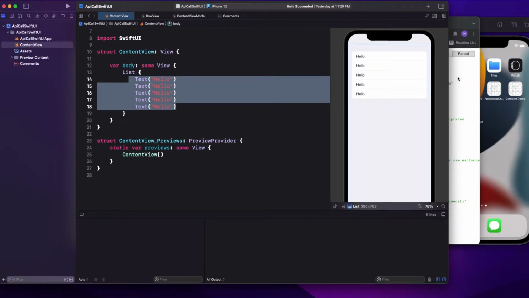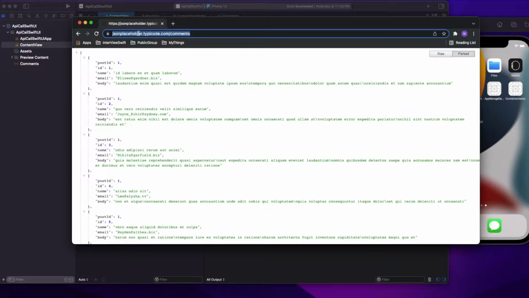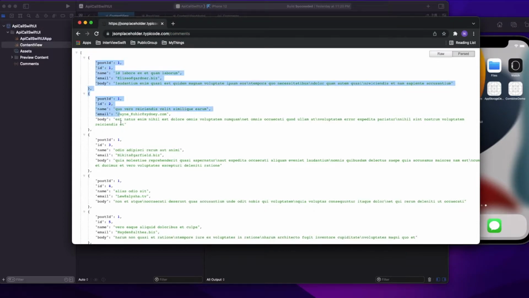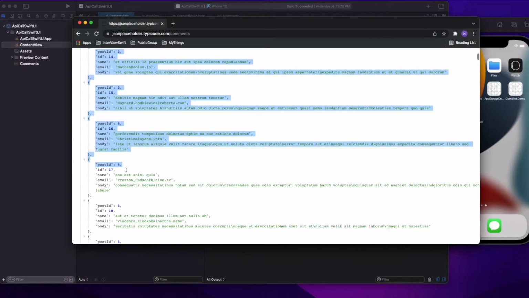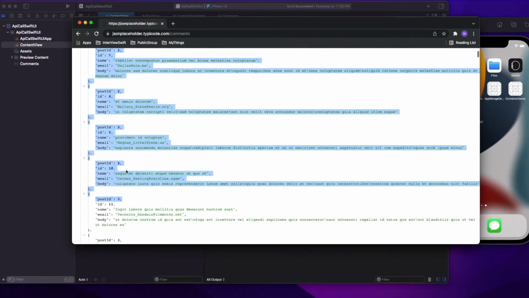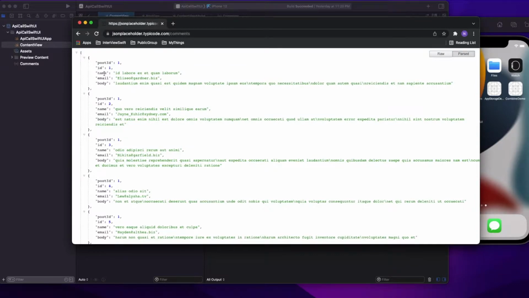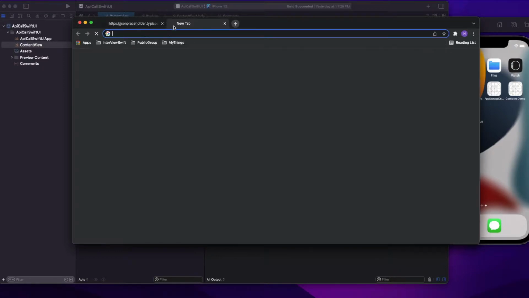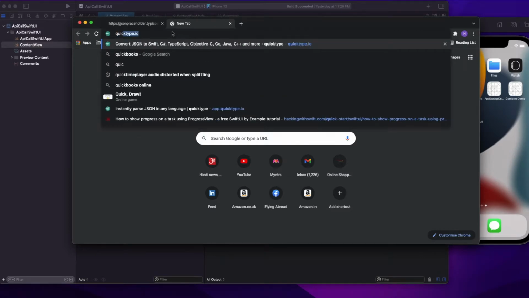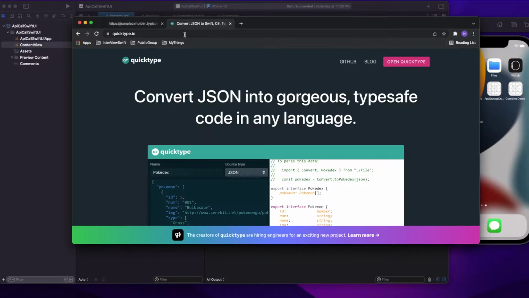Today we are going to use one of the public APIs, which is jsonplaceholder.typicode.com, and we'll be using the endpoint comments, which gives me an array of all the comments. If you see, it has a post ID, name, email, body. Now to convert this to a struct format, there is a very popular website called QuickType. So you can use this,